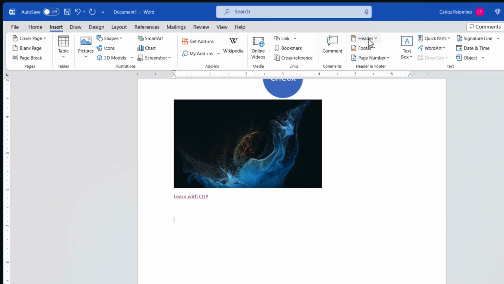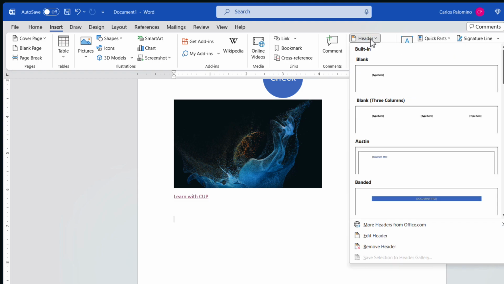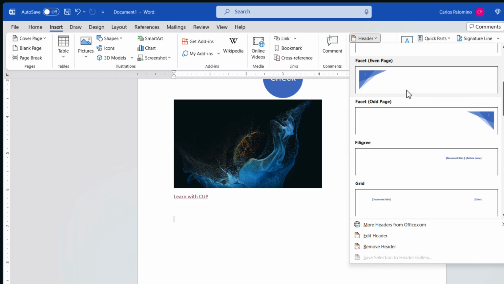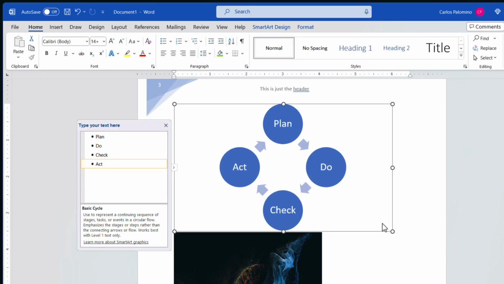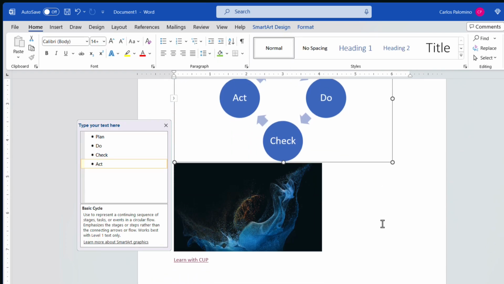The next group is headers and footers. If you open the menu, you will find several predefined options. Let's select Facet. That is the same design that we use for the cover page. Then click on the header to type a text. Like, this is just the header. Once you're done, double-click on another section of the document to get out of the header, and for the footer